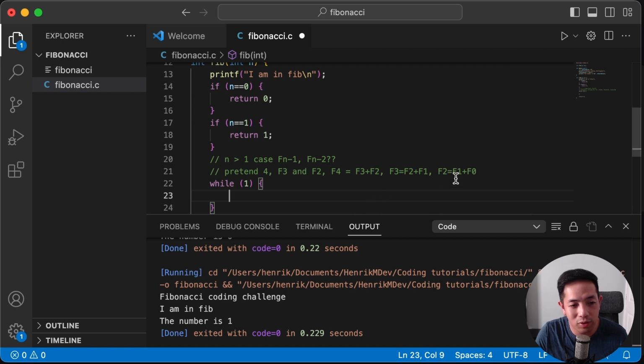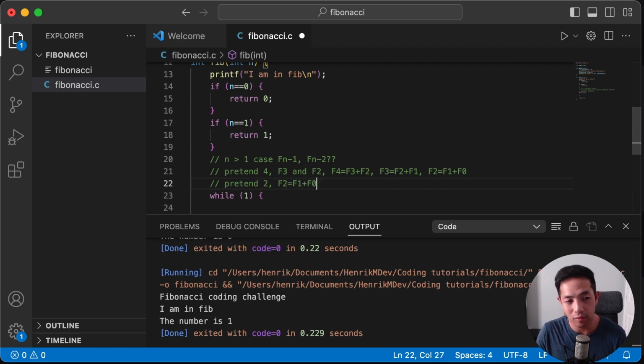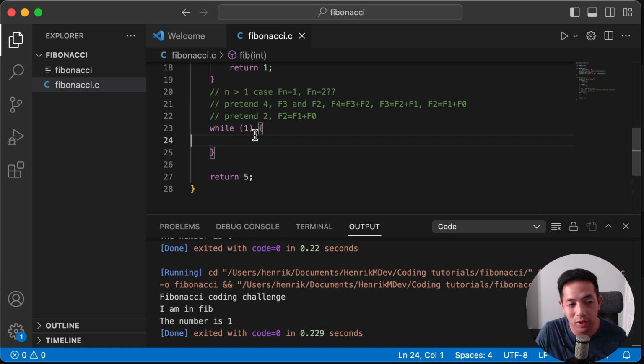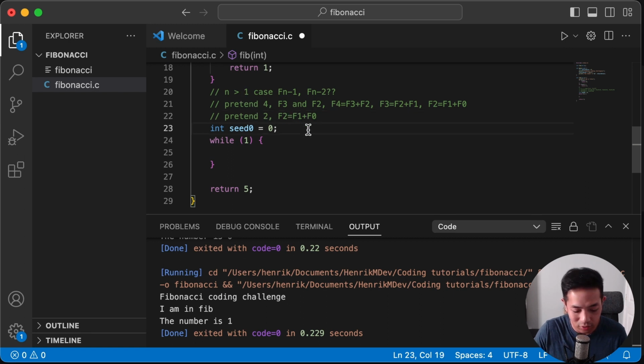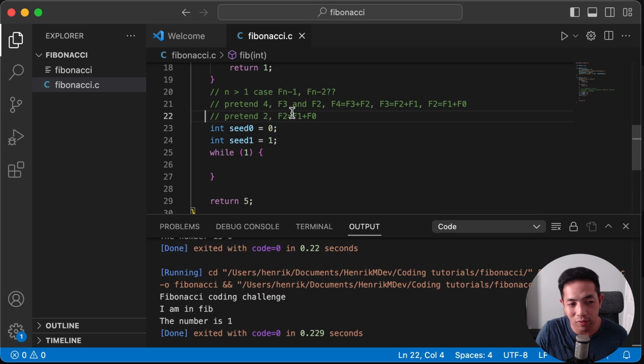Okay, so I want this while loop to go through 3 iterations, 1, 2, 3, to get f4. So actually, yeah, pretend n is 4. We should also bear in mind that we can also hit the 2 case. So we can also pretend n is 2, and if n is 2, we only need to do that calculation. So basically we only want to run the while loop once. So the way I would start is I'll do seed0 is equal to 0. I'll start with f0, because as long as n is greater than 1, you're going to have f1 and f0. So you already know you always have these two numbers, f1 and f0, in the n greater than 1 case. All right, so I'm going to